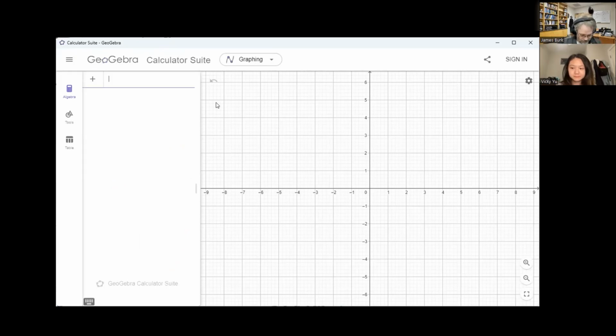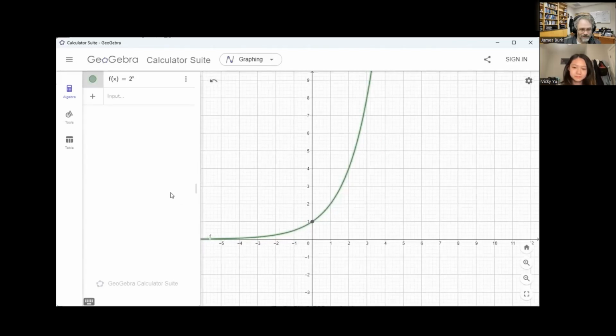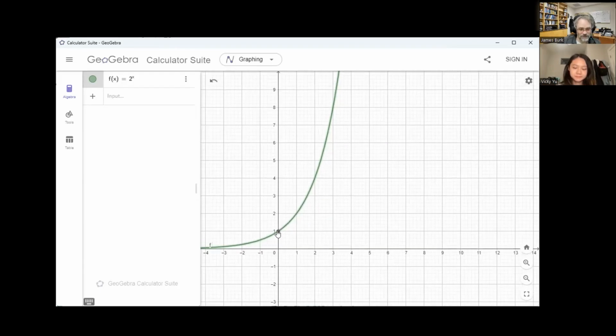Can you see the screen okay? Yes. And let's say my common ratio is 2, and I power it up. Look what kind of graph I have. I have an exponential graph. And as terms get big, what happens to my graph? It gets pretty big, doesn't it? And even if I was looking at 1.5 and powering it up, it's still getting big, just not as fast.